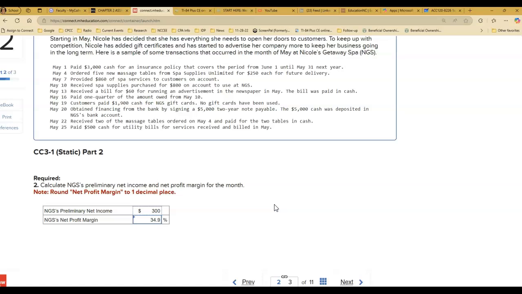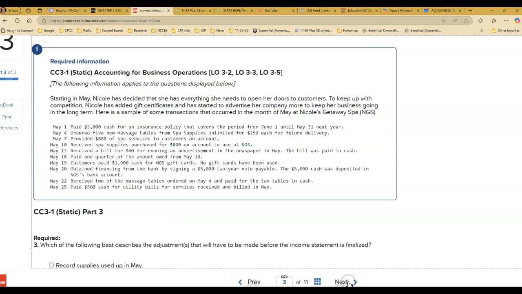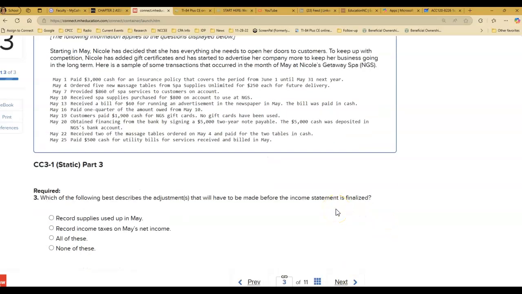How we doing? Okay. So that basically tells us out of every dollar that we have in sales, we're ultimately going to keep about 35 cents. Now that's unadjusted or preliminary net income. Okay. All right. Hit the next. And number 3 says, which of the following best describes the adjustments that will have to be made before the income statement is finalized? Now, again, look at,